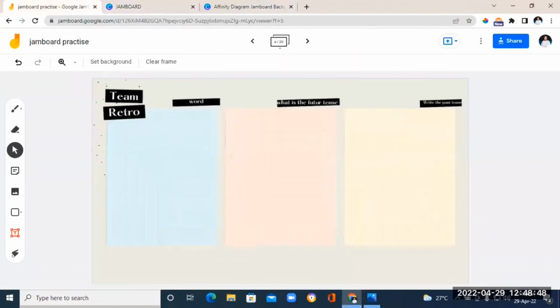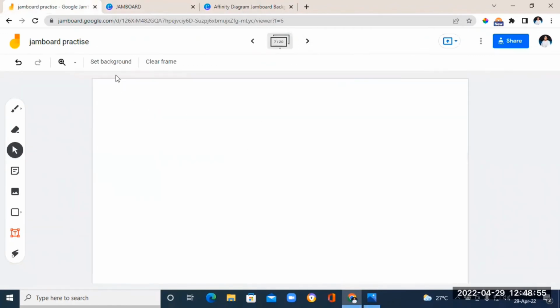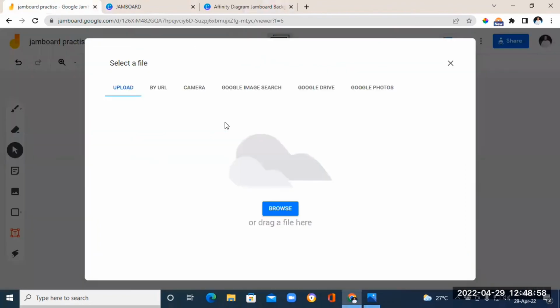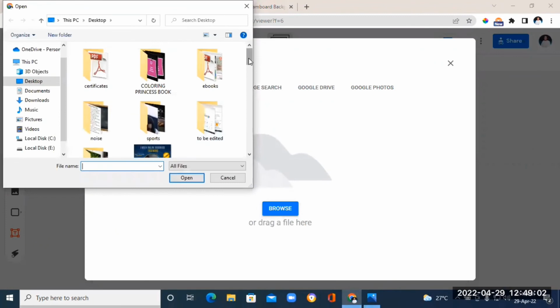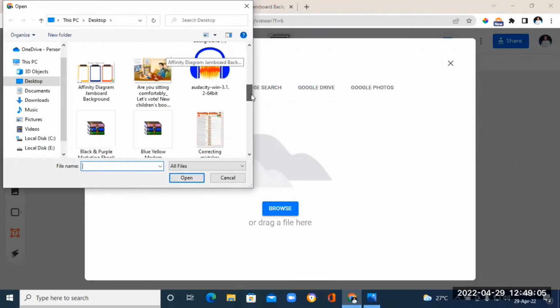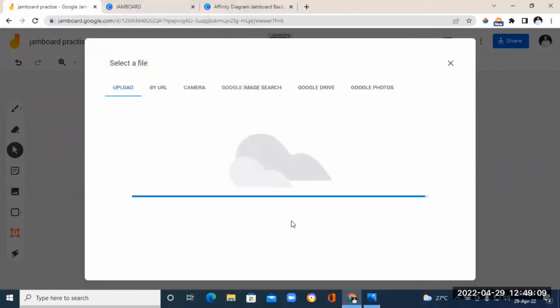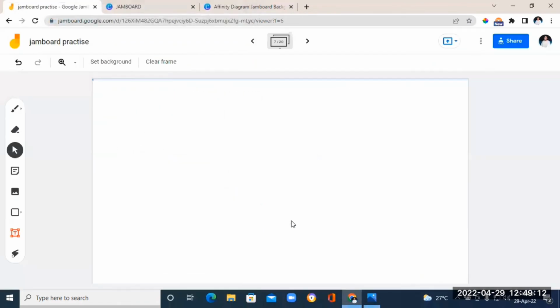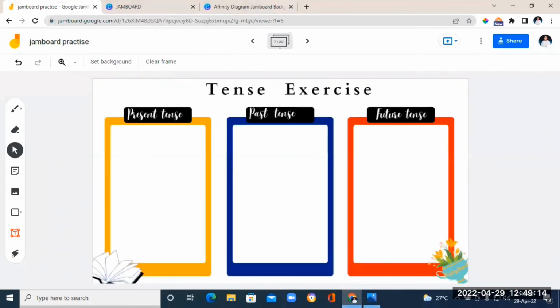And then once you have created it on Canva and downloaded it, you can come back to your Jamboard and go to set background, click on image, and then click browse under upload, and then you can just choose it. So you can just scroll. So this is it. Click on open, and you can see this is our background. So there are other different activities that you can work on together with the students. For example,